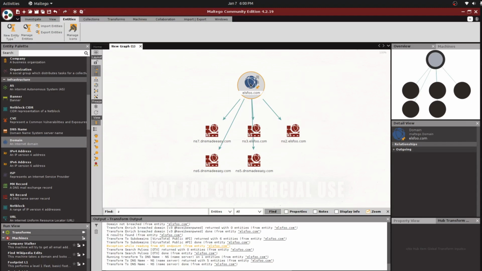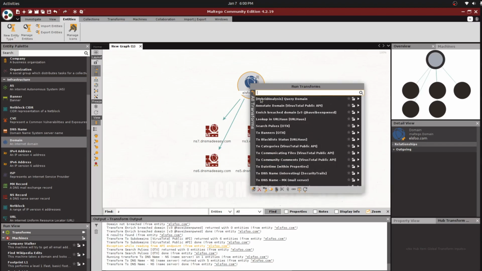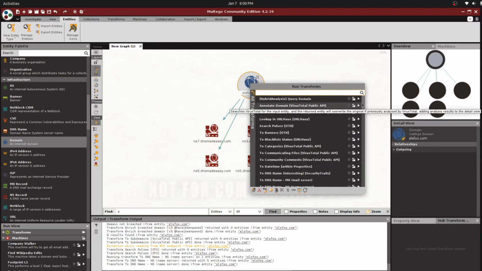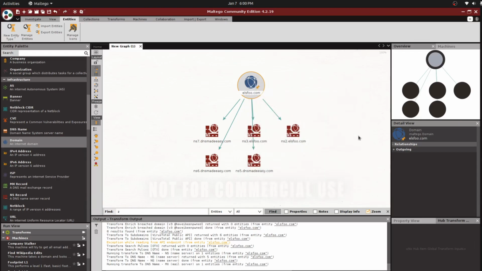Running all transforms at a time might be very overwhelming and confusing when analyzing the data, so try to gather the information gradually. Now I just checked for the name server. Now let's check for the mail server, the MX DNS entries.